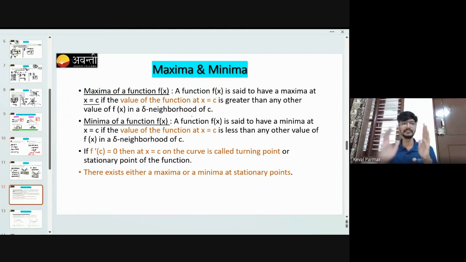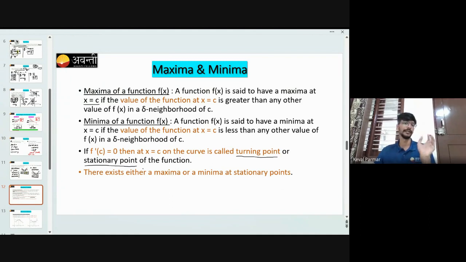And minima means it is less than. Now, let us see from the graph how we can see. And before that, a few simple technical terms you need to understand. Suppose f dash is equal to 0, then x equal to c, that point is called the turning point or